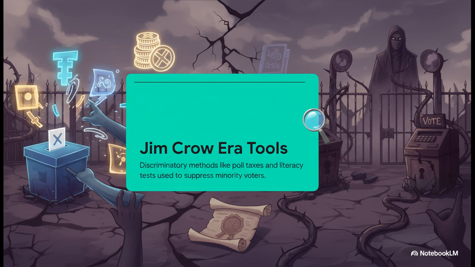This is a crucial vocabulary term for your notes, folks. During the Jim Crow era, mostly southern states enacted a whole series of discriminatory tools. We're talking poll taxes, grandfather clauses, and literally impossible literacy tests where voters were asked absurd questions like, how many bubbles are in a bar of soap? All of this, along with outright intimidation, was used to suppress minority voting rights for nearly a century. So the right existed on paper, sure, but the reality on the ground was strict disenfranchisement.